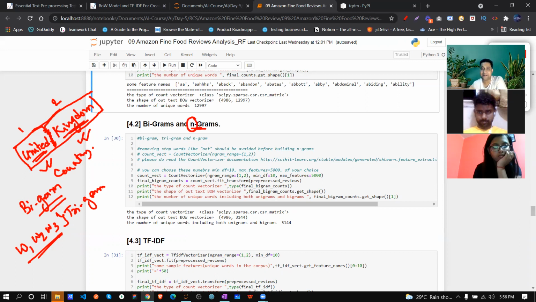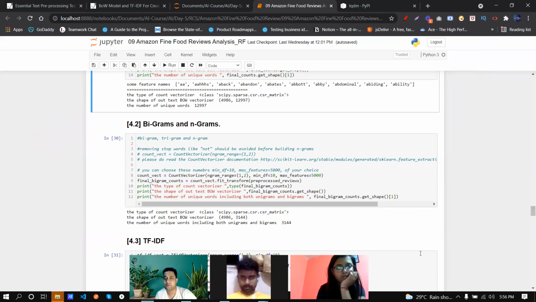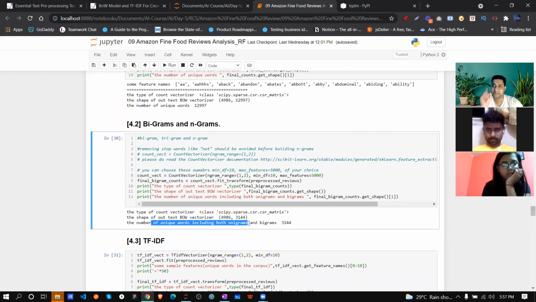That is what we are trying to define over here: how many bigrams, trigrams and so on there are, and up to what level we will take care. See over here, the number of unique words, including both unigrams, meaning one word, and bigrams, is this many. And how are we calculating it? Again, we are using that CountVectorizer.